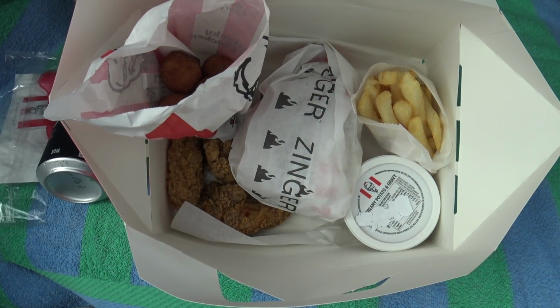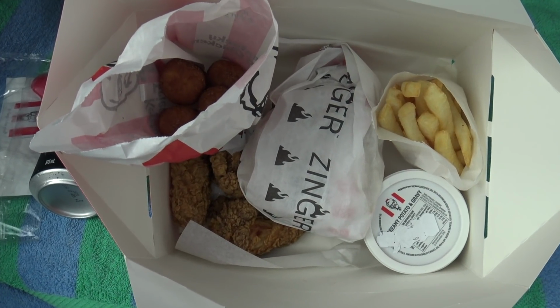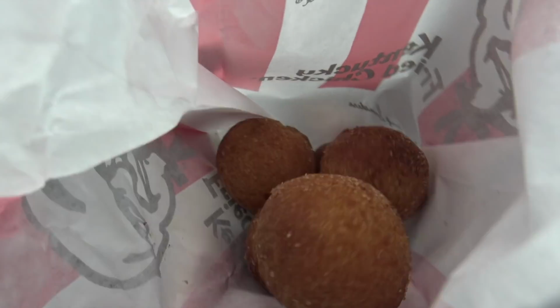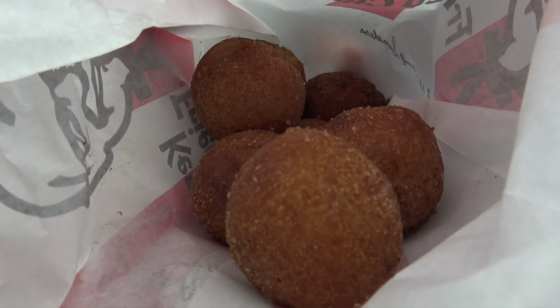That mashed potato and gravy, what more do you want? Well, you know what else I want? Some of these Kentucky Fried Donuts, mate. How good are these things? Pretty tasty. And including a drink, mate. I just wish it wasn't a fake sugar one and it was full of real sugar like a real man would drink. So for my all over value, all over flavour, all over taste score for the Complete Treat, if this crow would shut up, I'd give this box